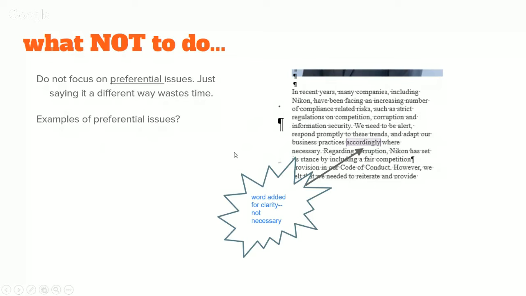which may be better, may not be better, but that's fine once in a while. But this was a 30-page document, and I believe this editor spent a lot of extra time doing a lot of preferential things. So that is an example of what to avoid, if that makes sense.